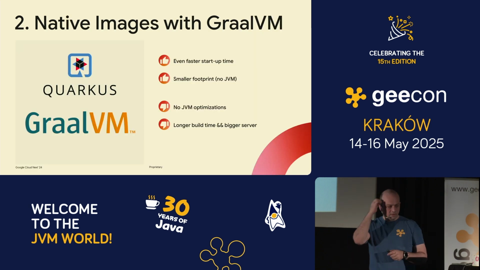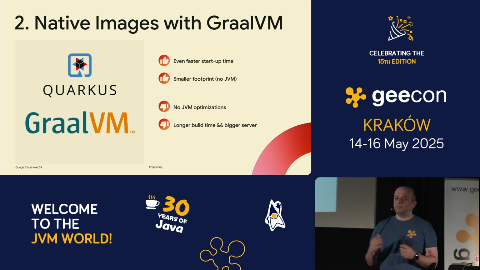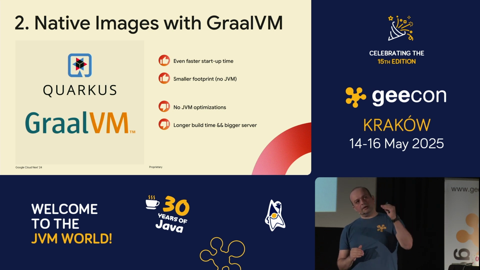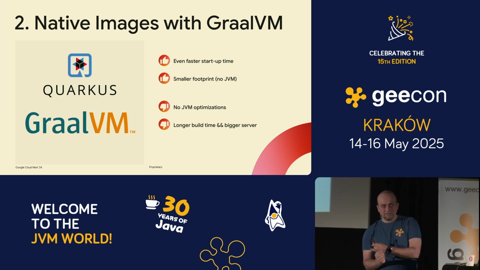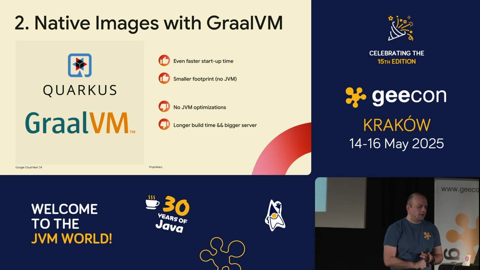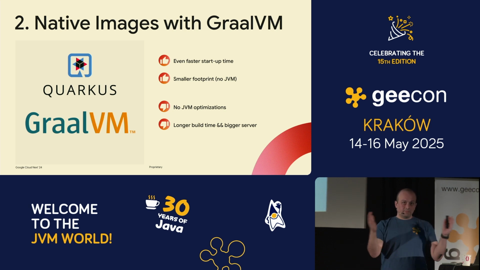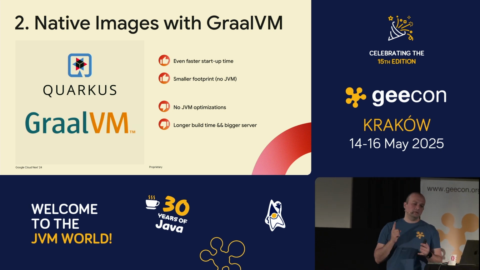You can use GraalVM with Quarkus or with Helidon or with some similar things like that, where you can actually compile it down to a binary. So you don't have a JVM anymore. You have a binary executable that will run without any JVM. And it's a good thing most of the time, because you will have an even faster startup time. Well, we saw that. You'll have a smaller footprint because you'll use less memory and less disk space, because you don't have to care about the JVM anymore. But the downside is that you will have no JVM